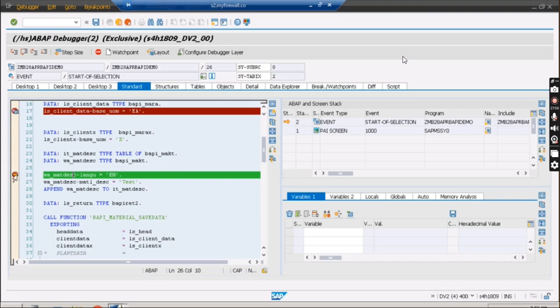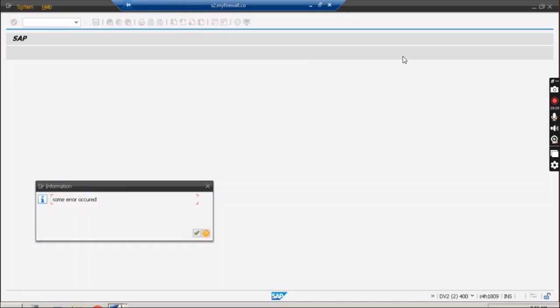One more thing I would like to draw your attention to is that there is a difference between this breakpoint and this breakpoint. I have put this breakpoint during the debugger session, and this one I put directly in the program initially. Now press F8.